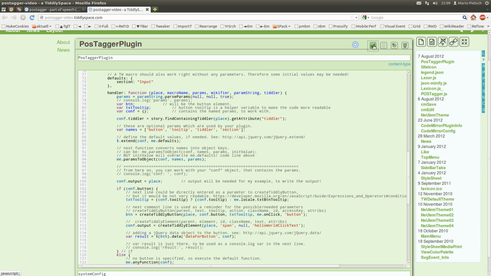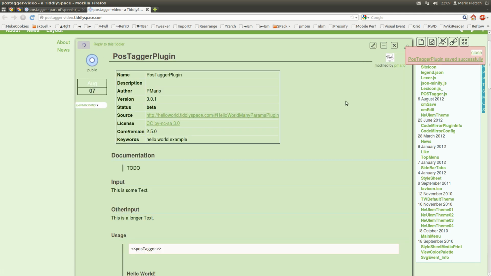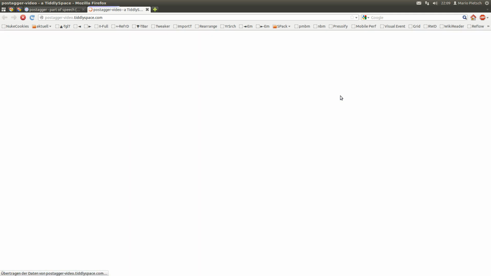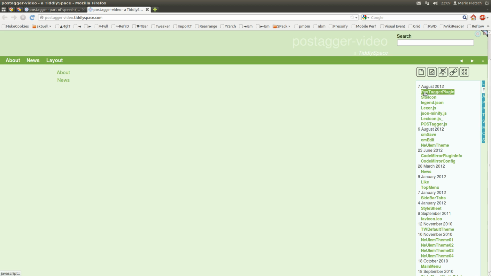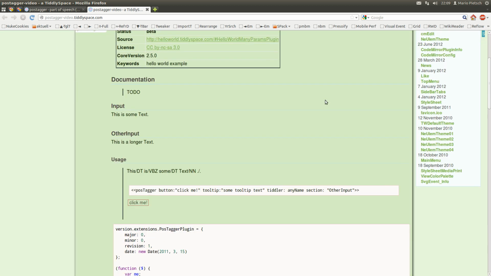Let's test it. Save, F5 for reload. Post tagger. We have the input. The input is there. The click me. Oops, the click function doesn't work yet.